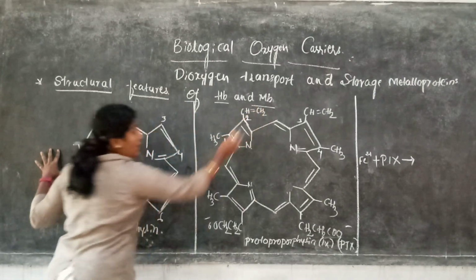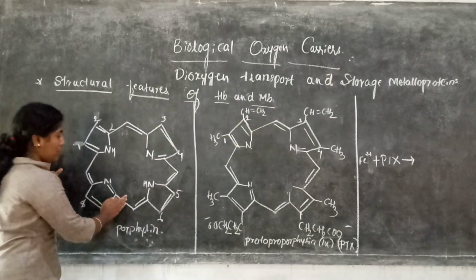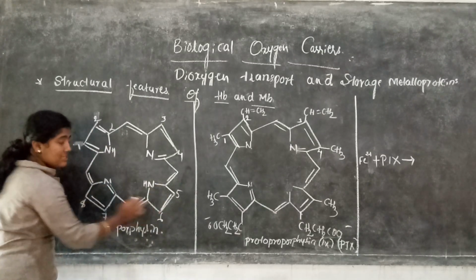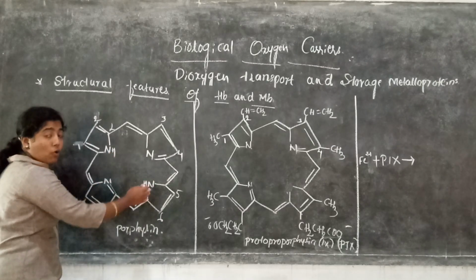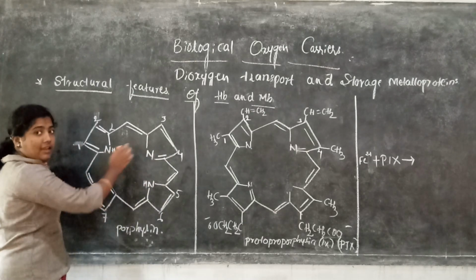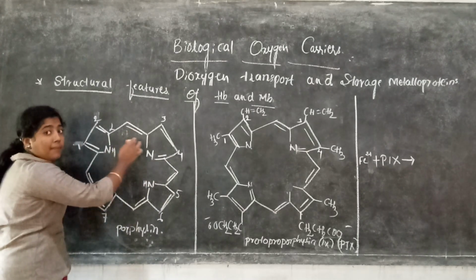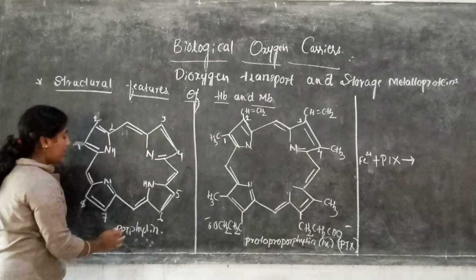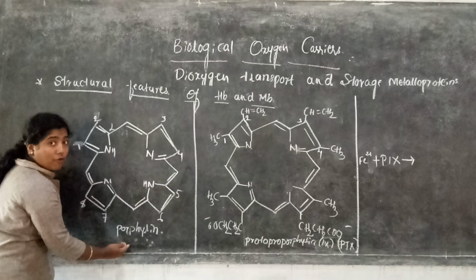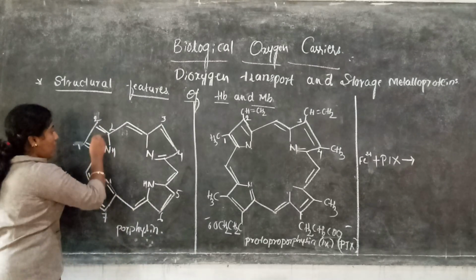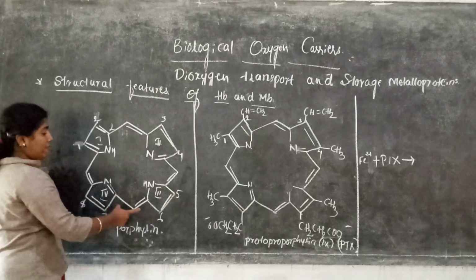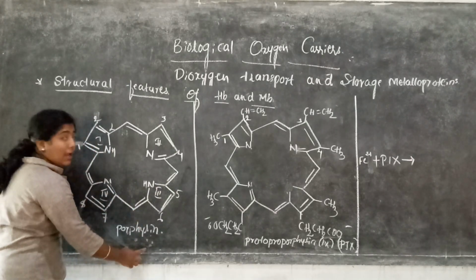In hemoglobin and myoglobin, the prosthetic basic unit is the heme group. So heme is the framework of the porphyrin family. Porphyrin family is nothing but a heterocyclic compound containing 4 modified pyrrole systems interconnected at their alpha carbon by methylidyne bridges. Okay, so either methane bridges. So this is the structure of the porphyrin family. Here containing the 1, 2, 3 and 4, four pyrrole systems. So this is nothing but the porphyrin family.